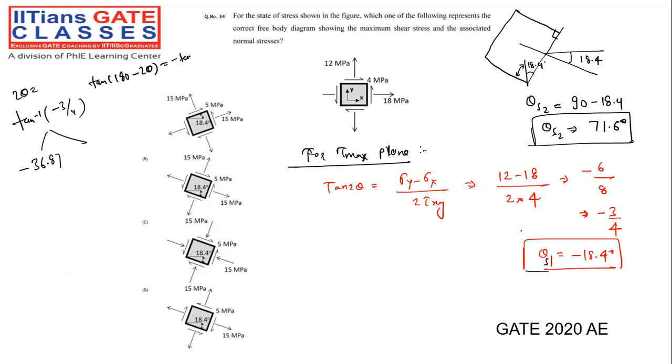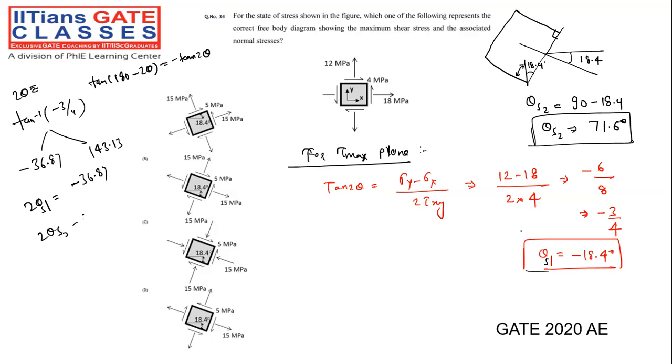What is 180 minus 36.87? You'll be getting 143.13. If 2 theta value is something like that, 2 theta s1 is minus 36.87,